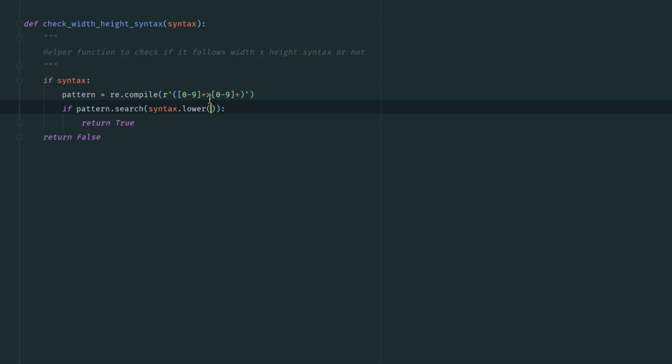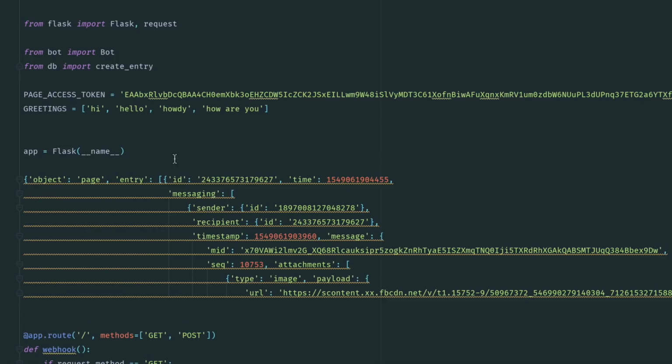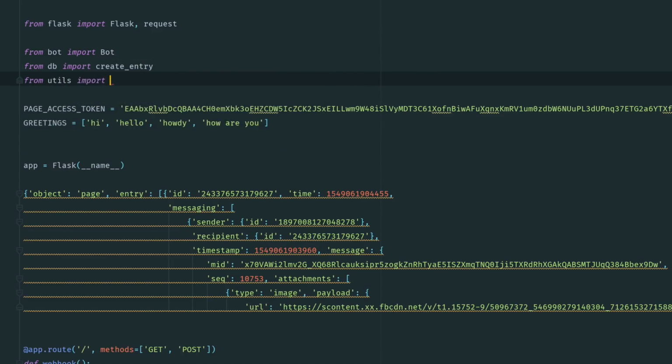If there's a number, great, and we check if there's x or not. If there's x, great, and then we'll return true, otherwise we'll return false. That's it. Okay. Now let's import that in here from utils import